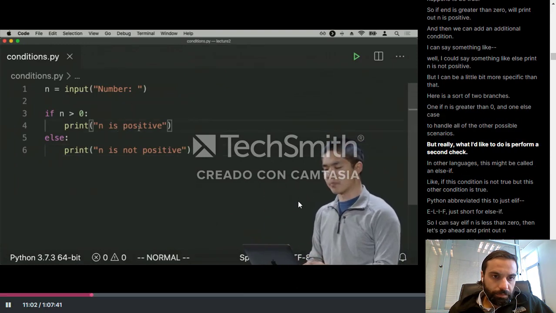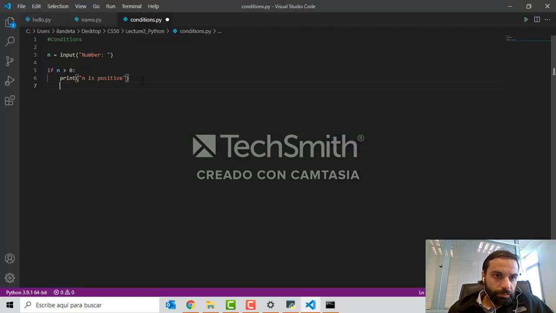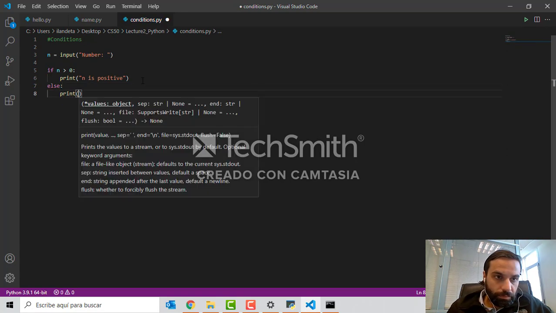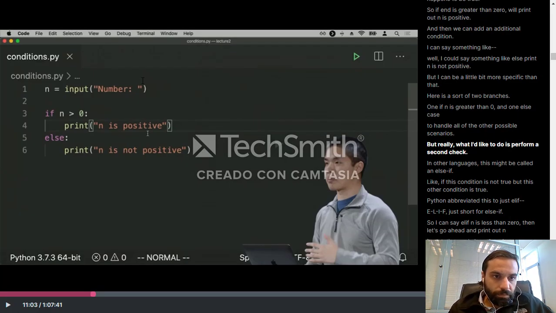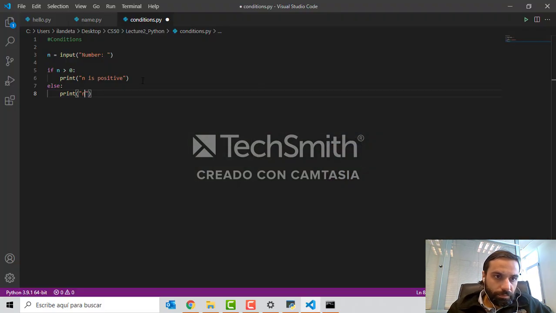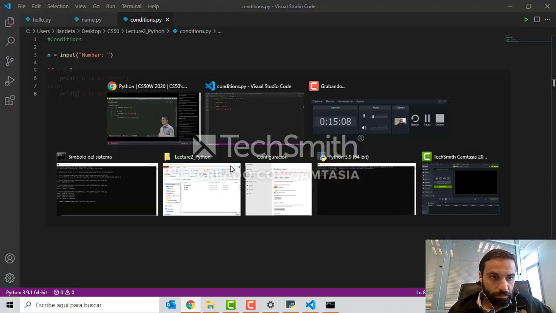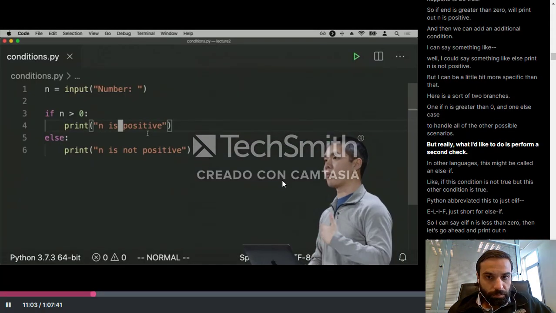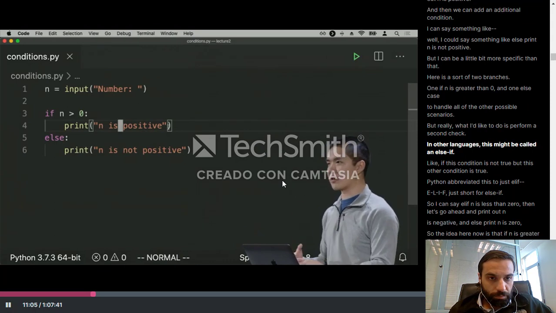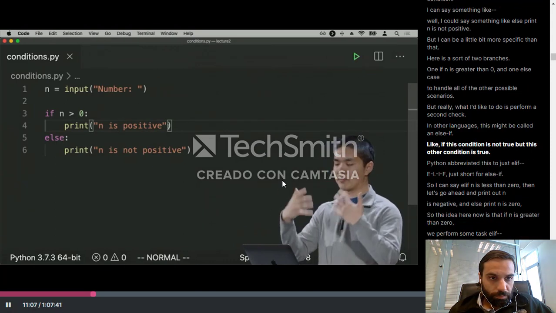But really what I'd like to do is perform a second check. In other languages, this might be called an else if, like if this condition is not